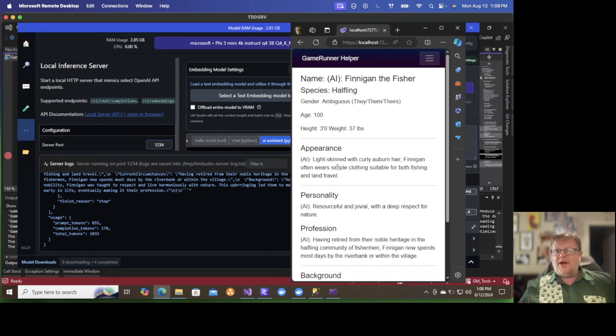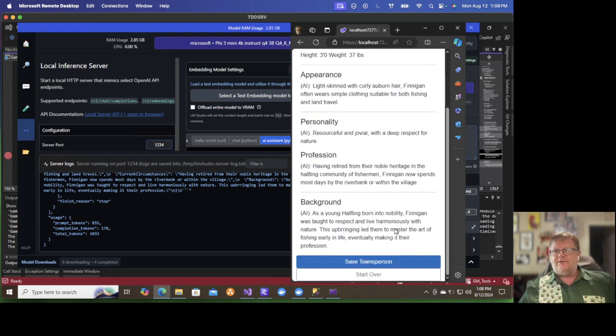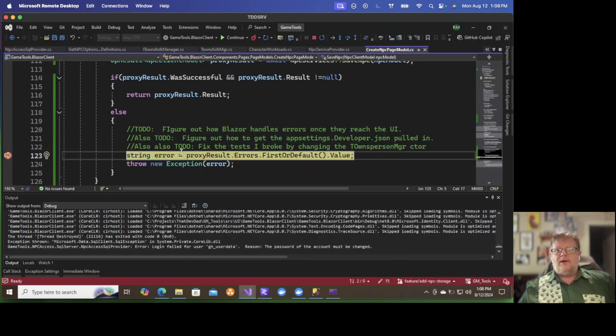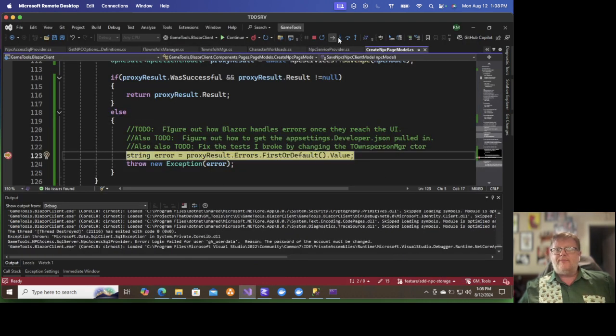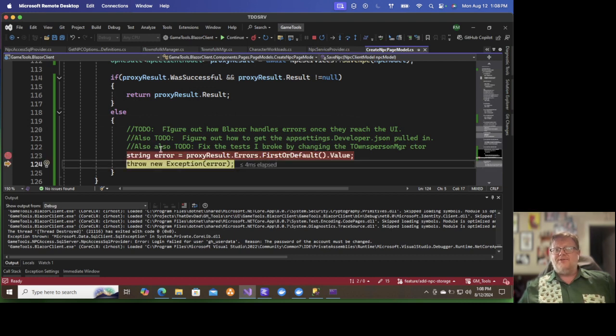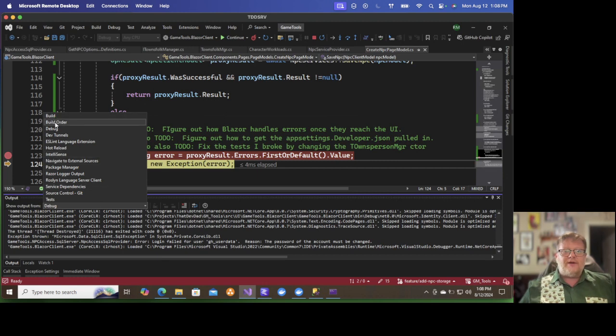All right, so we've got all that stuff. It's happening. And let's save the townsperson. And we got an error. I know what the error is. Could not save the NPC. The actual, let's see here, we should have